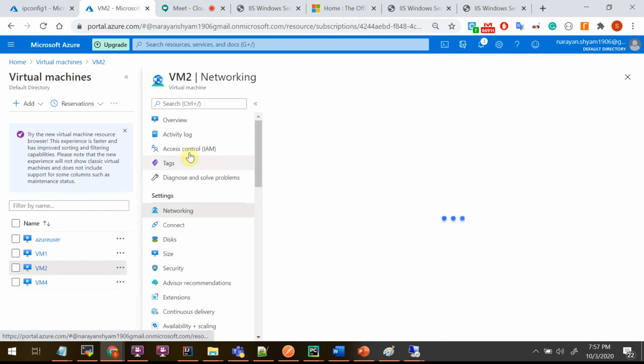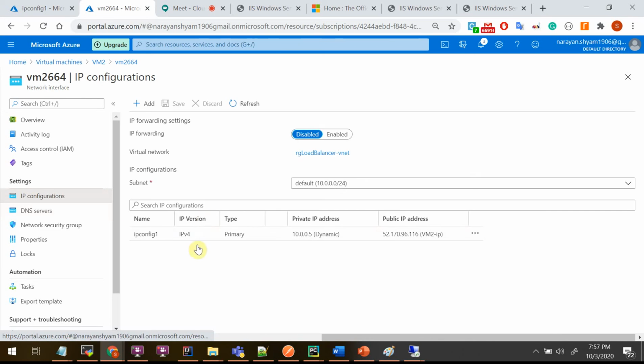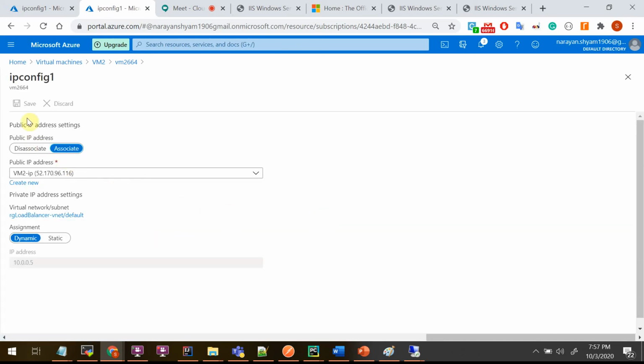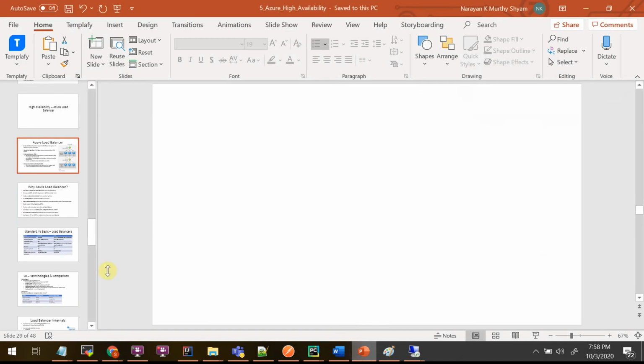Again, go to the networking, IP configurations. This is saved. So yeah, while this is running, I think, so basically, just to summarize here,